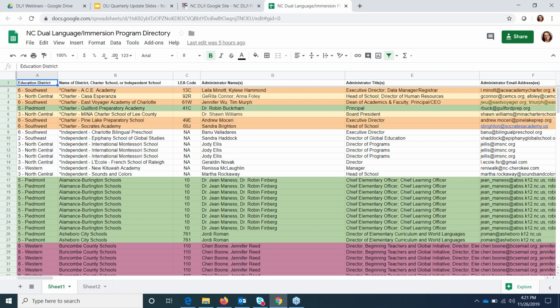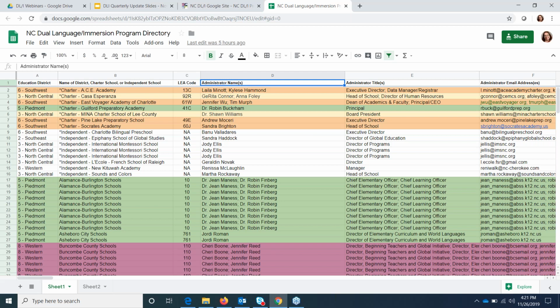Obviously, what you're seeing here as we look is first things organized by their education district, so those 8 zones I talked about. Then the name of the district, the charter school, or the independent school. We have the LEA code, those of you who are familiar with that. The administrator's name, and by administrators we mean the person, the individual, or people from that particular DLI program that